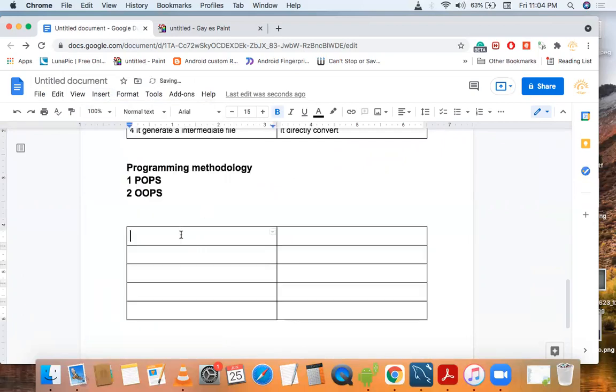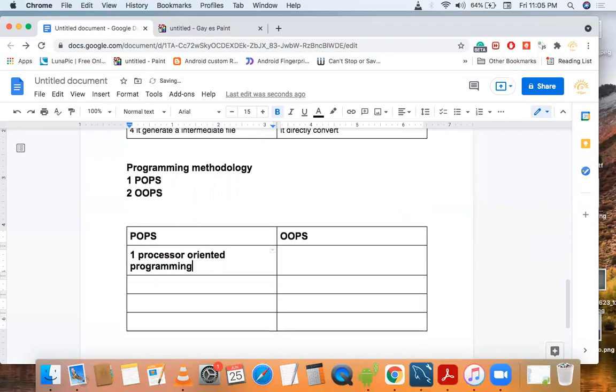So this is our table, with POPs and OOPS. The first difference is that POPs is a procedure oriented programming language, and OOPS is an object oriented programming language.